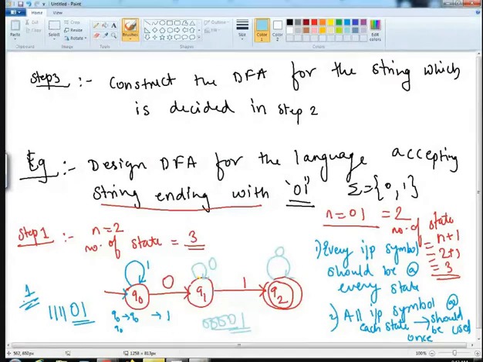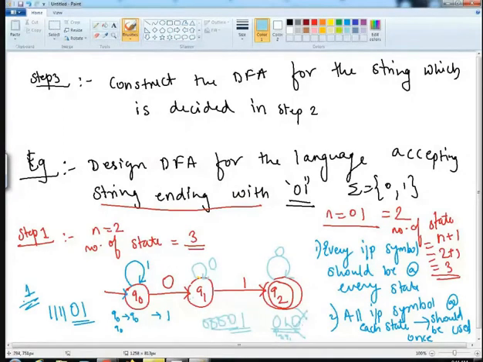Similarly, now when you talk regarding Q2, if I give a loop of 0, then what will happen? If I give an input to this machine, say 0 1 0, what will the machine do? Q0 to Q1 on 0. So here Q0 to Q1. Then from Q1 to Q2 it will move with 1, right? But again if you give a loop over here, the machine is going into an accepted state which is incorrect. So I cannot give a self loop over here.